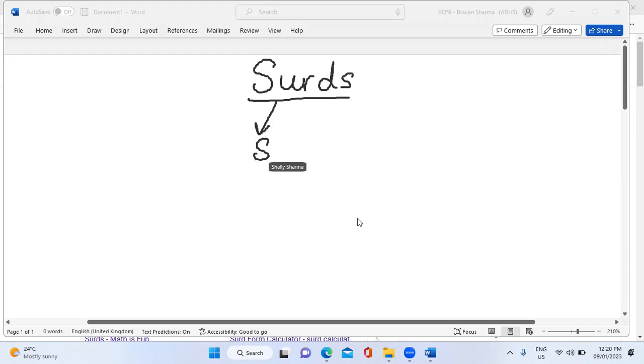Hello everyone. In today's lesson, we are going to talk about a new topic, which is surds. So first of all, we will try to understand what is the meaning of surds. Surds is basically related to the square root numbers. So when we take the square root of a number, let's say square root of 2, square root of 3,